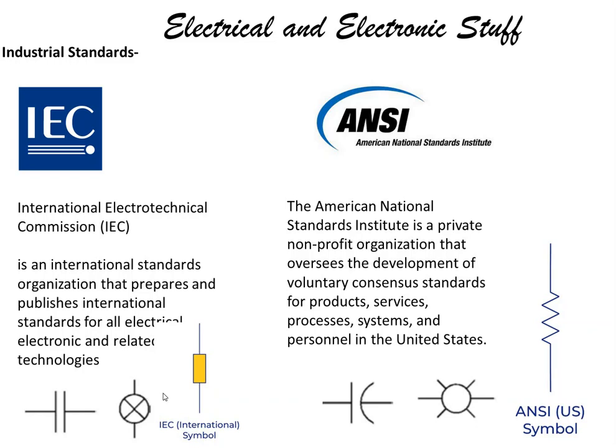And we can see the symbol representation. The resistor symbol will look like this, and in the ANSI standard you will have the resistor symbol look like this. These are the different standards we can observe in electrical and electronic schematics everywhere. Once you have an understanding of these symbols, then you can start with schematics and other things. So for now we have to cover this symbol topic, then I will come with new videos. So thank you.